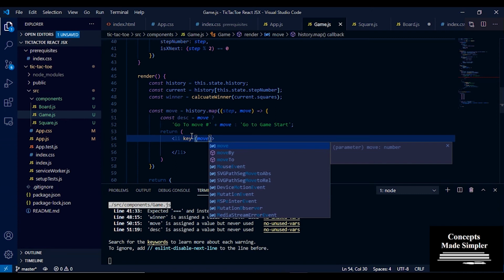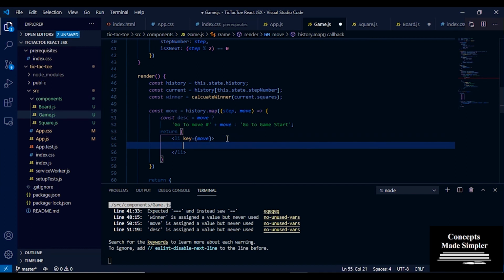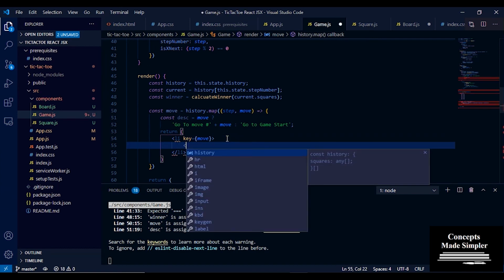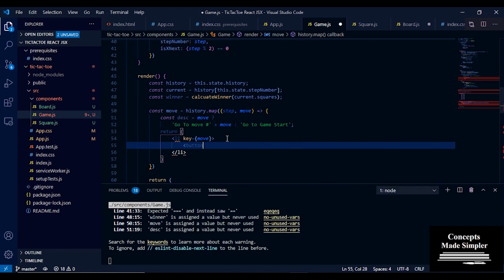Okay, if you have not passed in a key parameter, the whole list is going to be re-rendered. All list items are going to be re-rendered, and that is a very huge performance issue if you have a large list. And it's not recommended, so it's always better to pass in a key parameter. React always throws a warning if you don't pass in a key parameter.